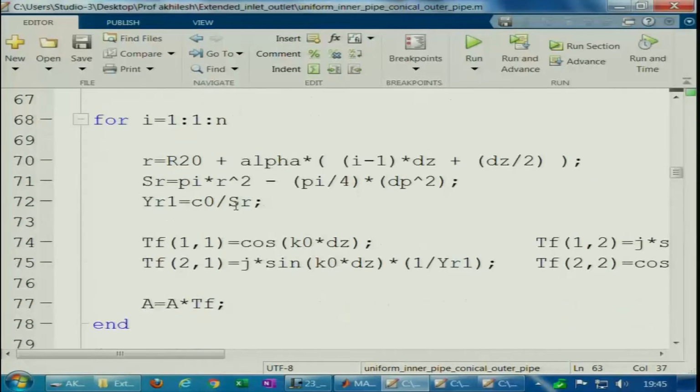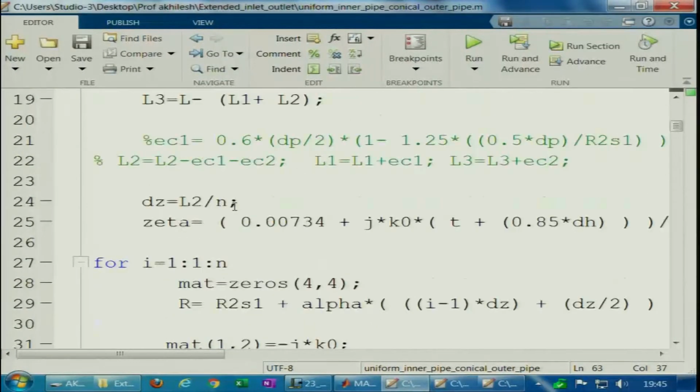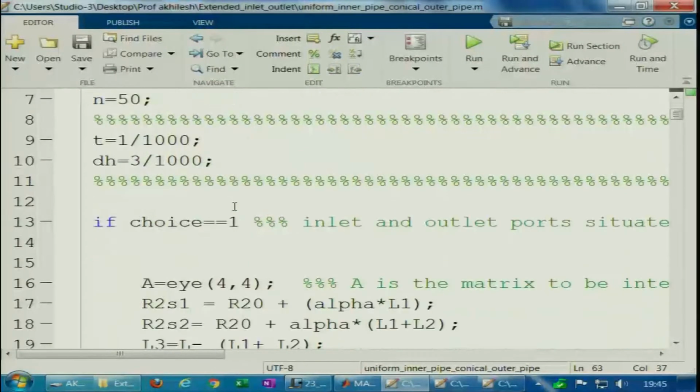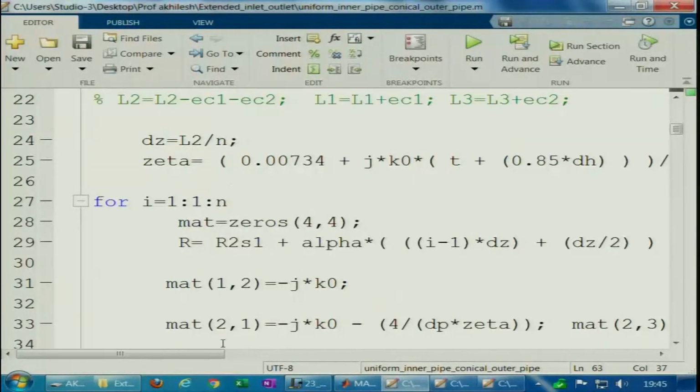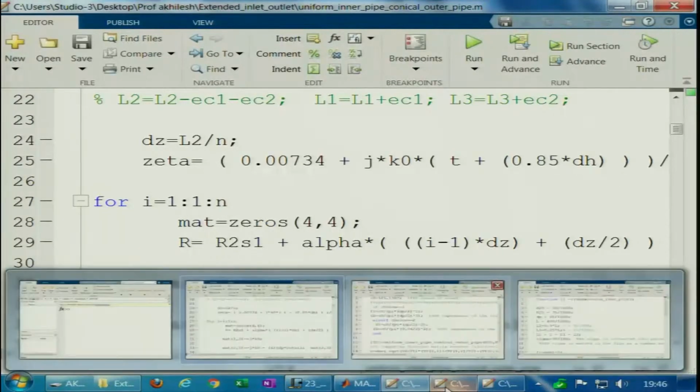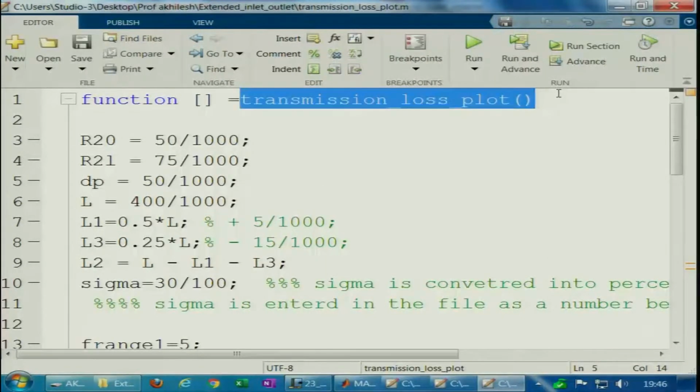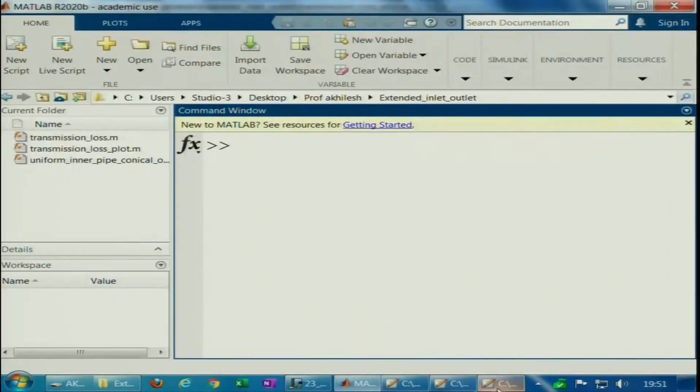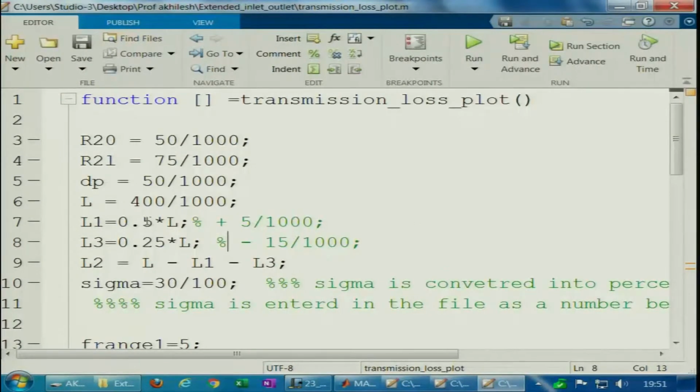Okay. In the perforated impedance expression I am assuming a stationary medium, as mentioned somewhere here. For a grazing flow, things would not change too much. So, I will just run the code and do some parametric studies. We will divide the length such that the resonator length L1 can be 0.5 times L, and the resonator length at the outlet, L3, can be 0.25 L. So, this is what it is.